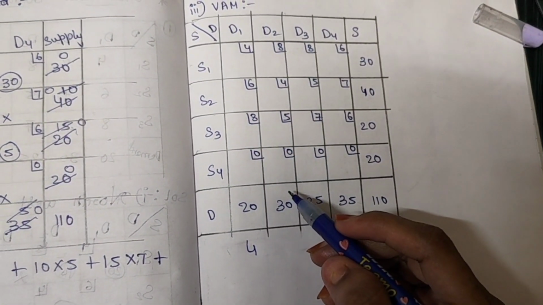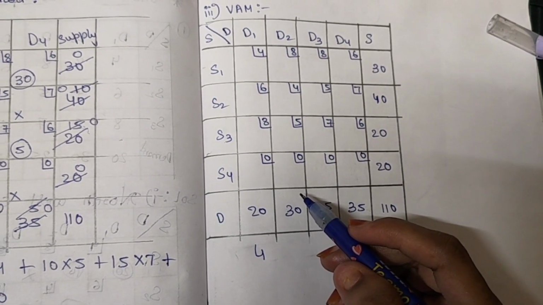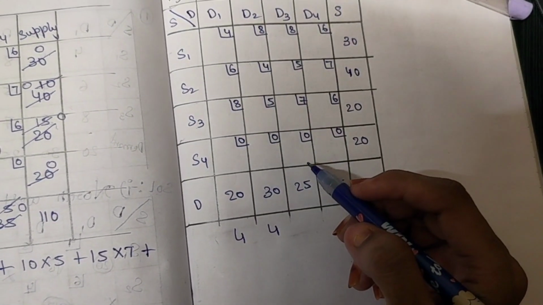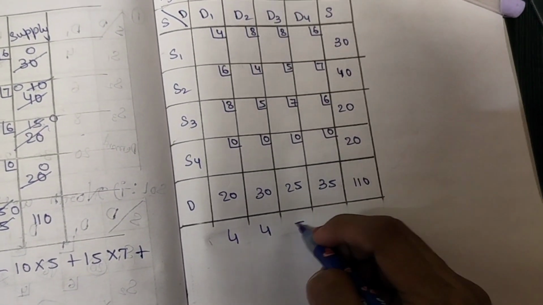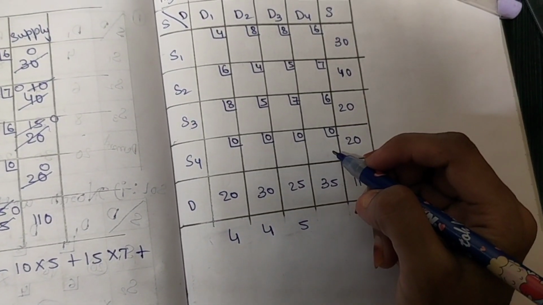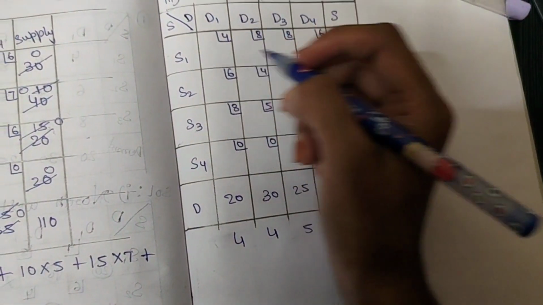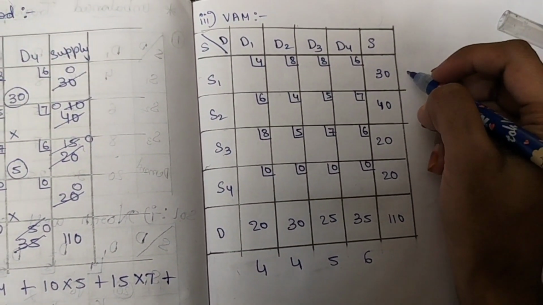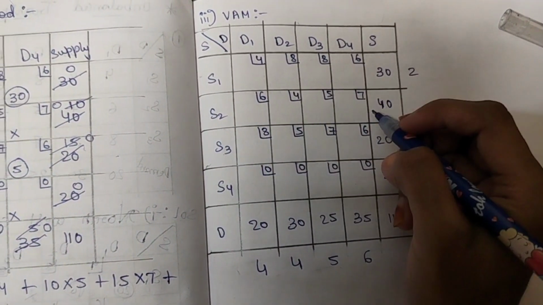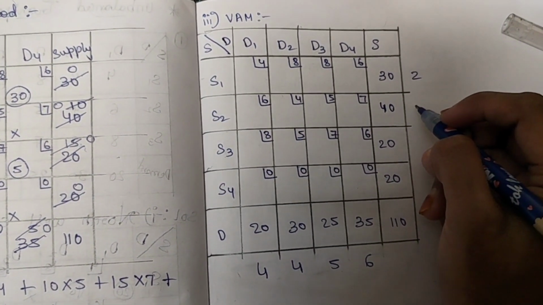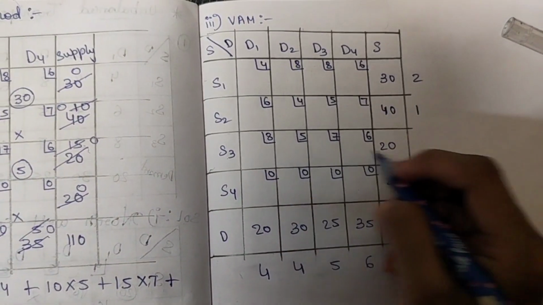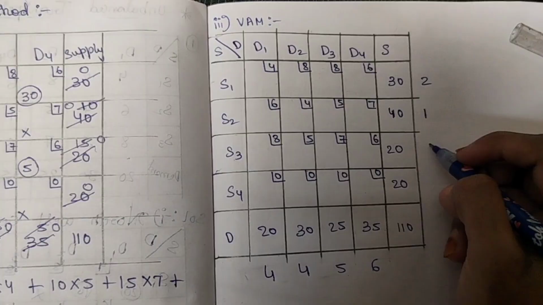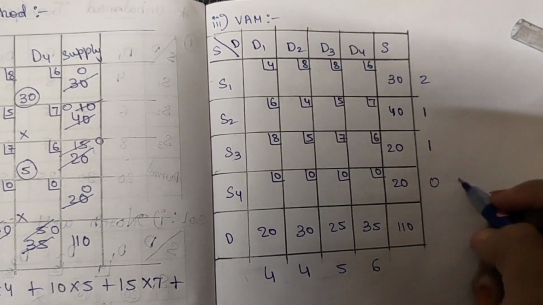For this column 8, 4, 5, 0, the smallest are 4 and 0, so 4 minus 0, 4. For this column we have 5 and 0, 5 minus 0 is 5. For this column we have 6 and 0, 6 minus 0 is 6. For this row we have the least costs, that is 4 and 6, 6 minus 4 is 2. For this row we have 5 and 4, so 5 minus 4, 1. For this row we have the least costs 5 and 6, 6 minus 5 is 1. For this we have zeros.